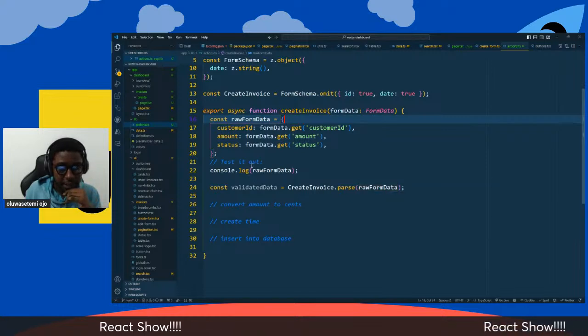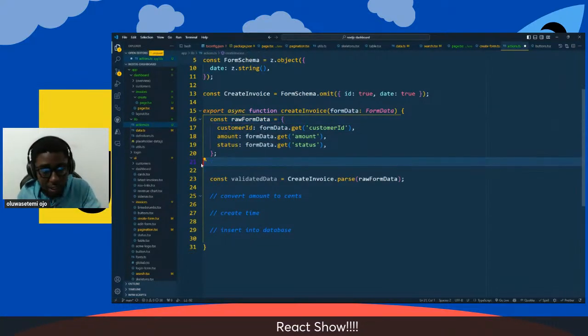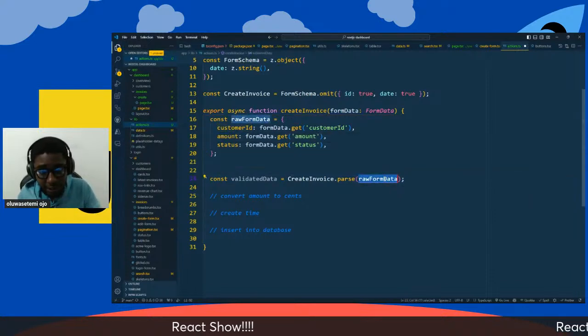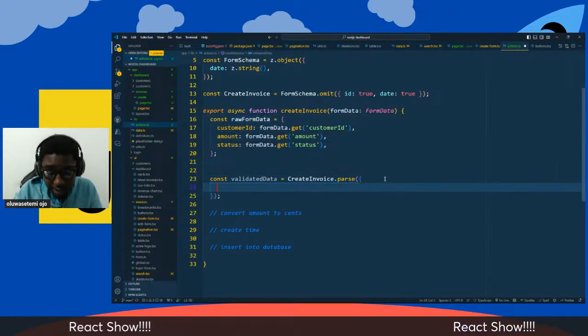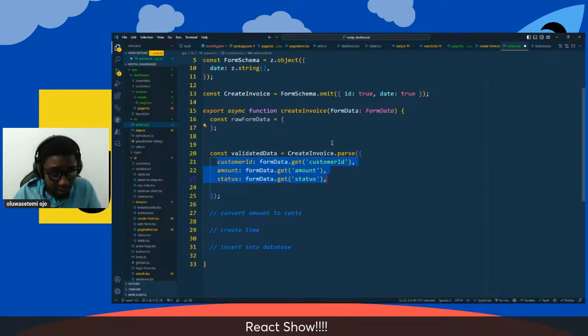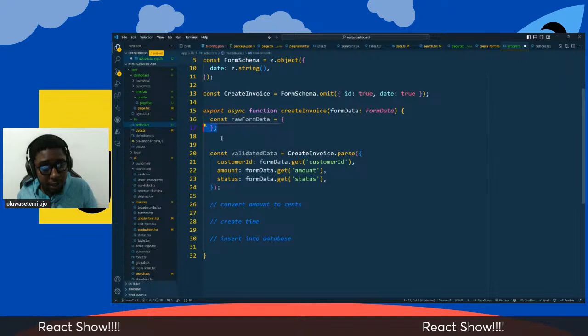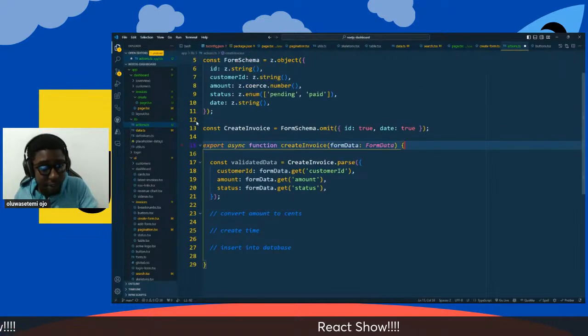Or better still, let's just pass this whole line into this pass here, and we take this whole line down into this pass, and we can delete this,